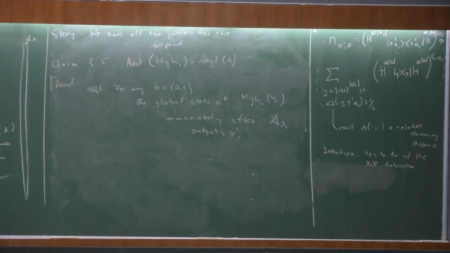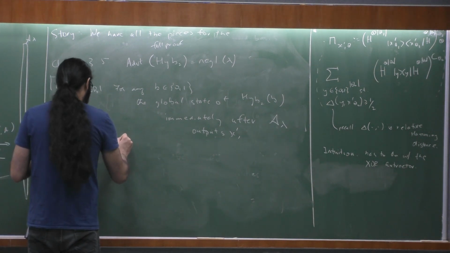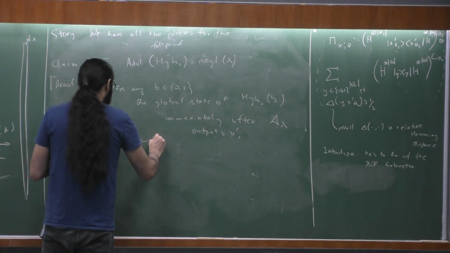Okay, so we're looking at, like what you were saying, the global state that this hybrid 2 produces immediately after A lambda has sent x prime and a, but we don't write that, is within negligible distance